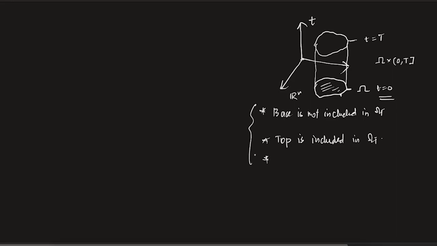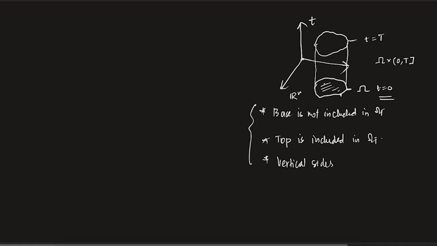Okay. So the vertical sides, this is important. What I mean by vertical sides is the side of the can, which you can see. So think of a Coke, those 330 ml Coke cans. The side of the cans, which you can see with your eyes, is not included in omega t. What is included is whatever is inside. Of course, is the base included? Think of the base to be smooth. It's not smooth in a can, but just think of that as smooth. The base is not included.